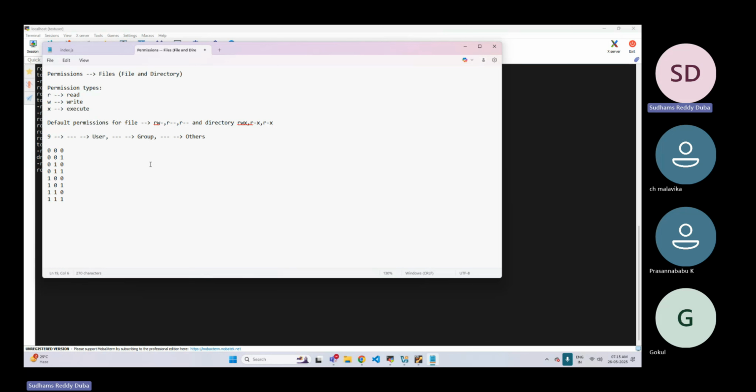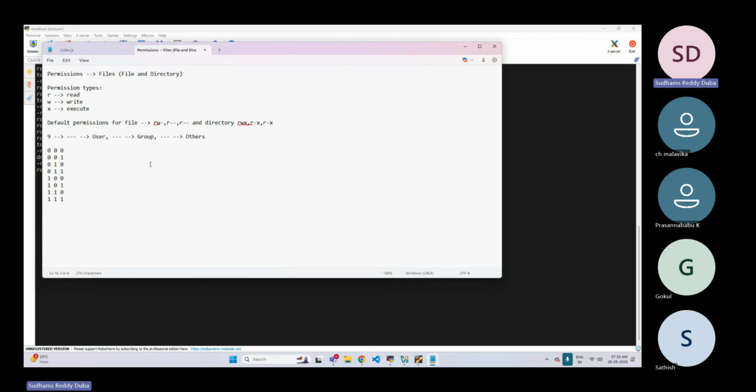What does this fall under? Octal means what? Eight, right? So we start counting from 0 to 7. So this is octal representation.